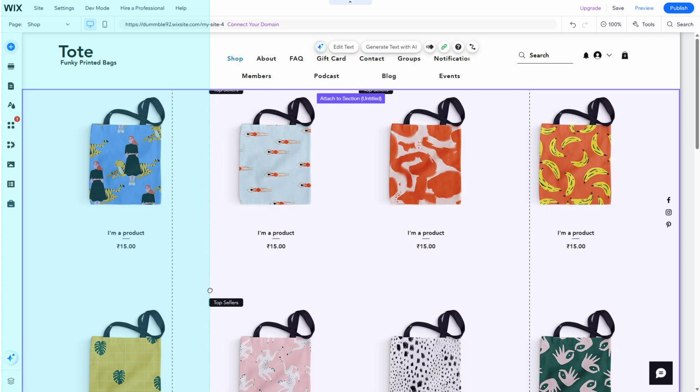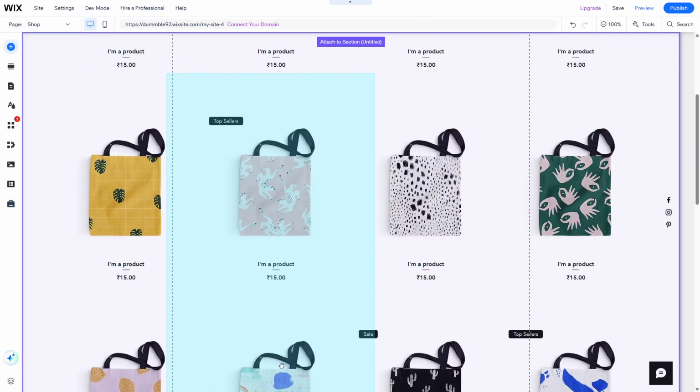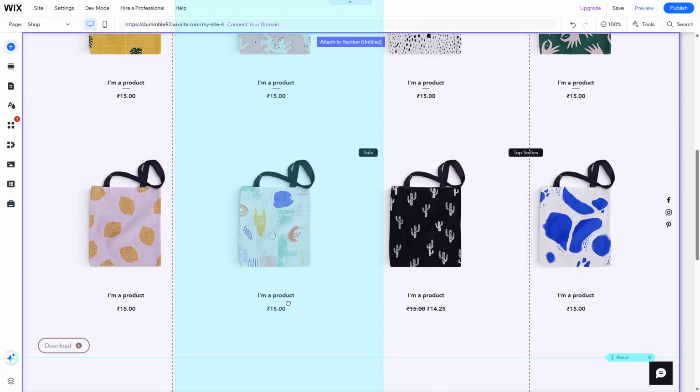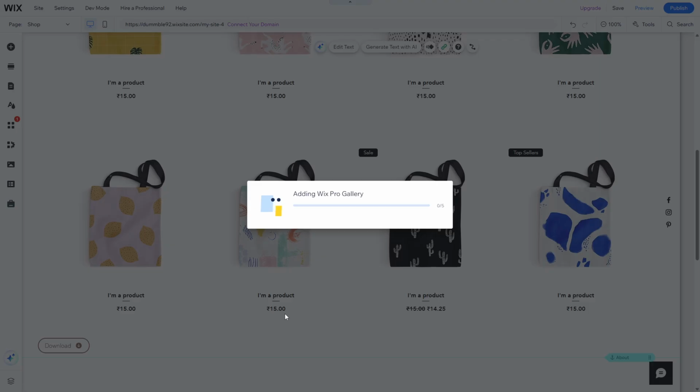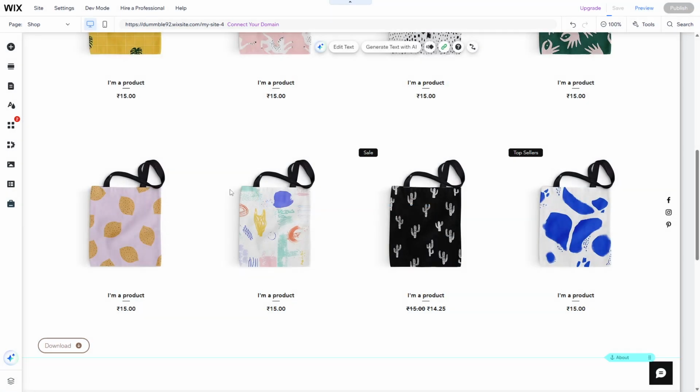This approach allows you to make the most of the visual space on your website, ensuring your content stands out to visitors. Now, with the Pro Gallery secured onto your page, it's time for the exciting part, adding your videos. Click directly on the gallery that you've just integrated, and a Manage Media option will pop up. By selecting Add Media at the top of this dialog, you're given the flexibility to source your videos either by